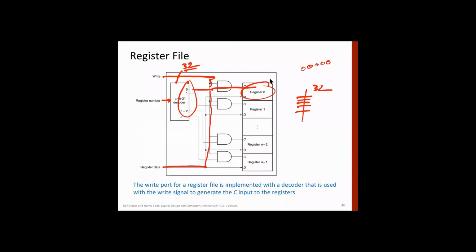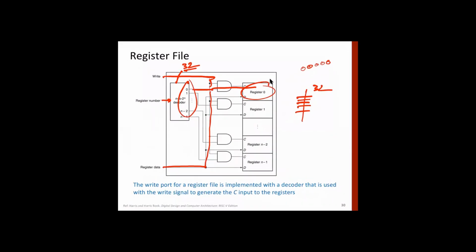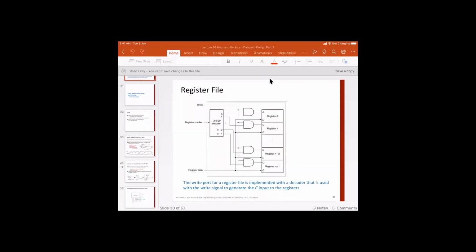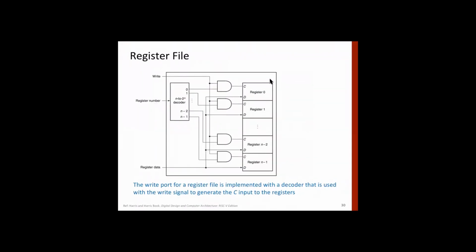Sir, so we would need a mux for each bit, right? Just a minute. So what are we doing here? Okay, all right, sorry. Let me clarify, I just didn't notice it. This is actually write enable. I'm sorry, I thought this was the data port. This is write enable, which will enable input into this register, and this is register data.